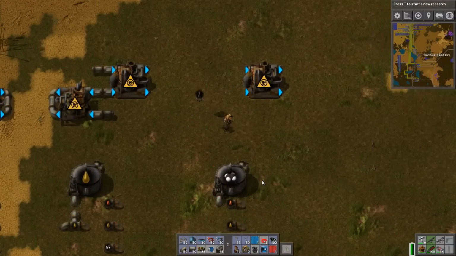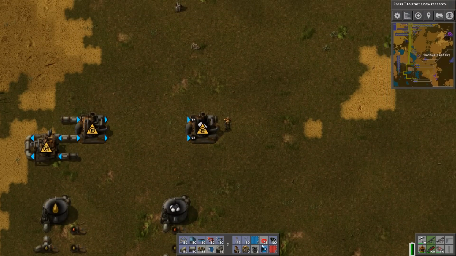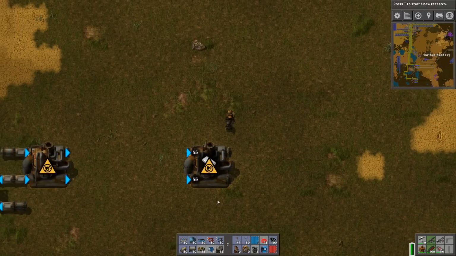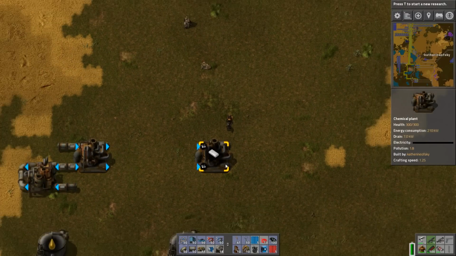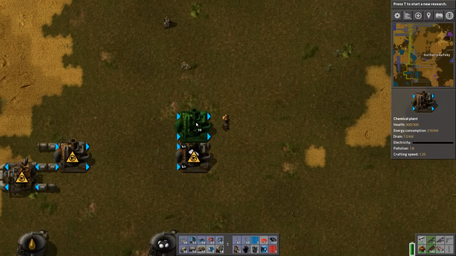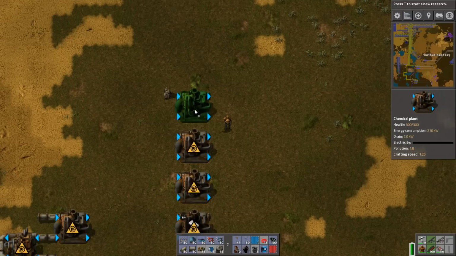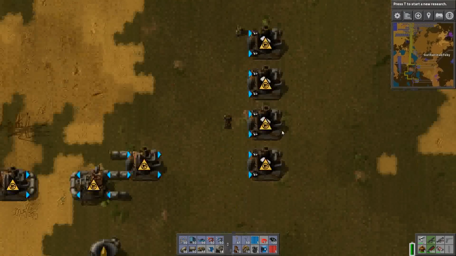All right, so there are 2 things. We're going to make plastic with this one. And I will show you how to set that one up. And I think this one needs petroleum in. And I like to leave a space between these because we need all 3 inserters on the front of them functioning. Usually with basic oil processing, I start off with 4